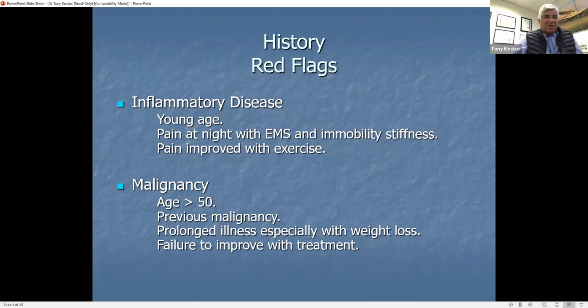Obviously, we're looking for cancers, so the elderly, previous history of malignancy, illness, weight loss, and the failure to improve with treatment. So all of these raise concerns. And over the years, I've picked up quite a few cases. Multiple myeloma is a condition that typically affects the spine. I've recently seen someone where lytic lesions were noted on the CT scan, but they were described in the findings, they weren't included in the conclusion. And they were missed for over a year before I saw the patient and said, well, these lytic lesions are the cause of his problem and he needs to have urgent intervention. Next slide, Sophia.